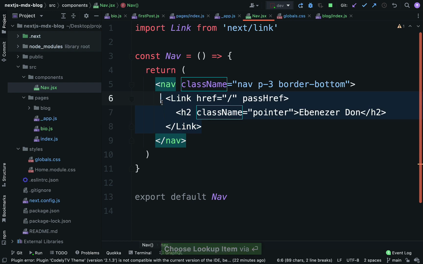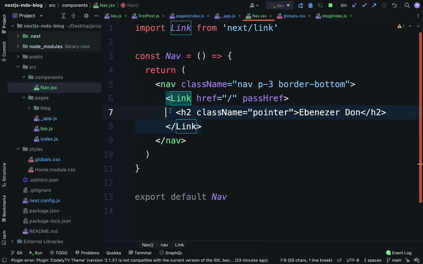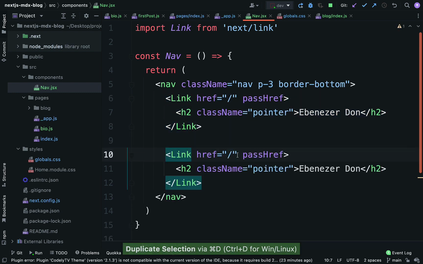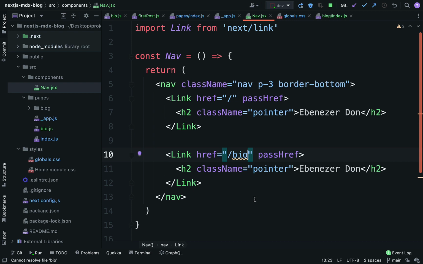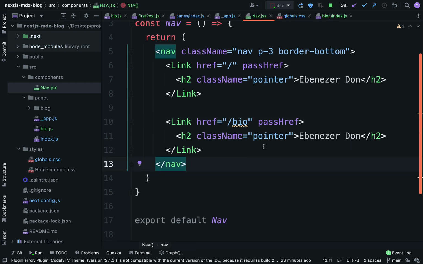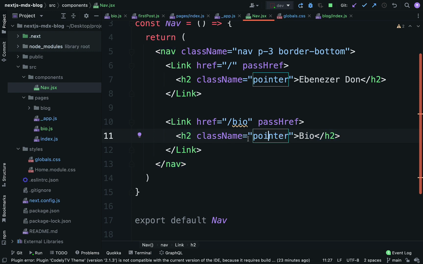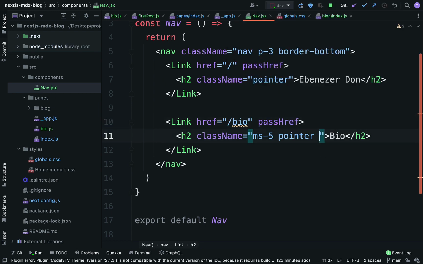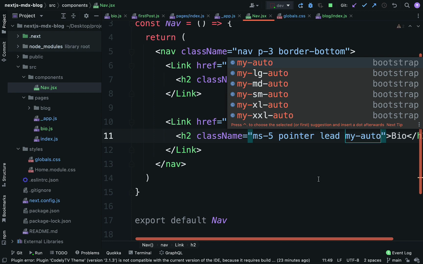So this is my first link, and the next link I want is the bio link. So the link for the bio, I'm just going to duplicate this, and right here I have /bio instead of just slash. And on line 11 we're going to write bio instead of Ebenezer Dawn. So bio right here. And for className, we have ms-5 from Bootstrap for margin, and we have the lead for text. We have my-auto,